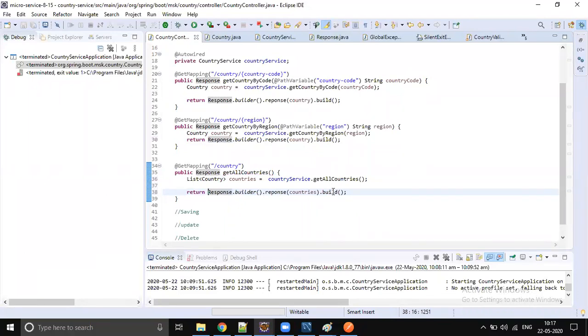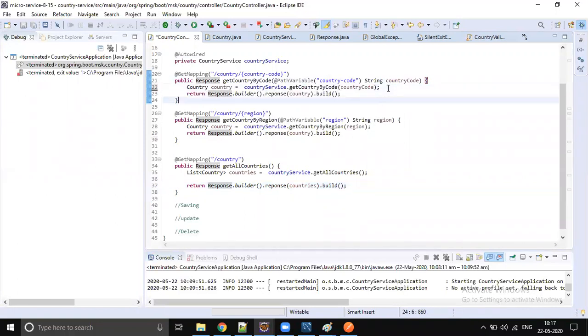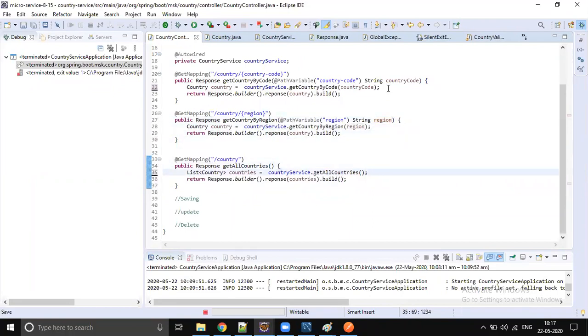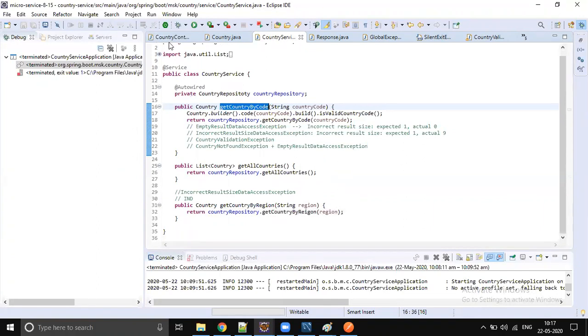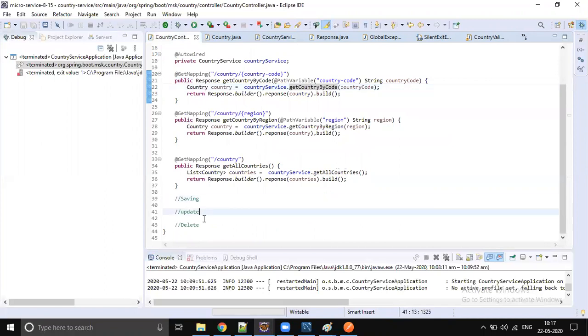It's just two lines of code in the controller. Don't write unwanted code. So it's simple, 2 lines. It goes to service. It fetches the data from the database. If there is any exception, it goes to exception handling. Then it will be converted into a proper exception handler message, and that will be displayed. And the same thing is applicable for the remaining 3 operations: saving, update, delete.